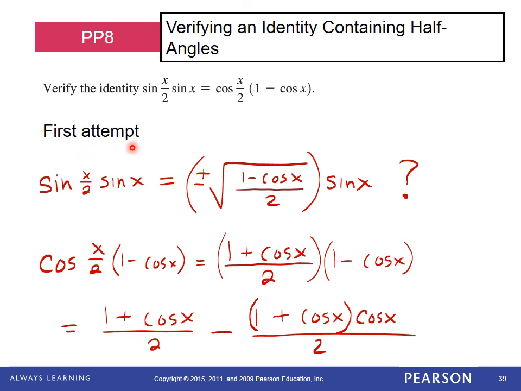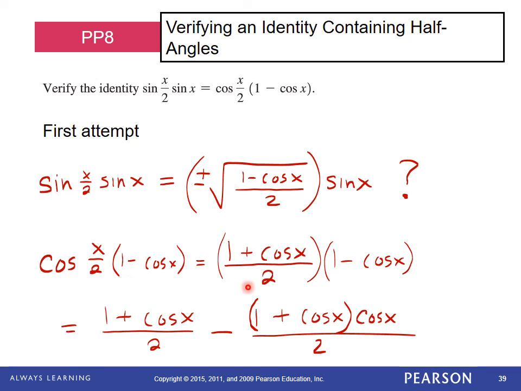My first attempt was to see if I can work with the sine of x over 2, the half angle formula for sine. And when I did that, I went to here, and my only problem, my question mark here, was the fact that I do have a plus or a minus. Is that going to affect me any? Then I said, okay, forget this. I'm stopping here. How about if I go from the right-hand side,